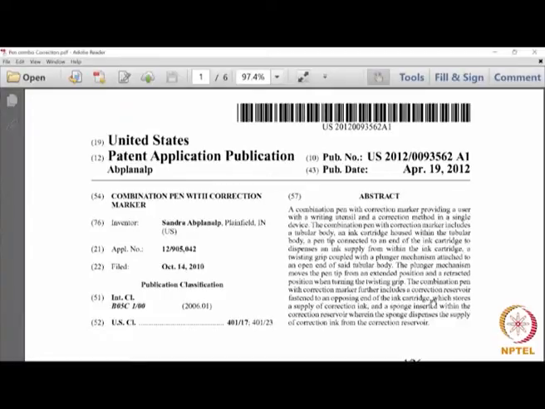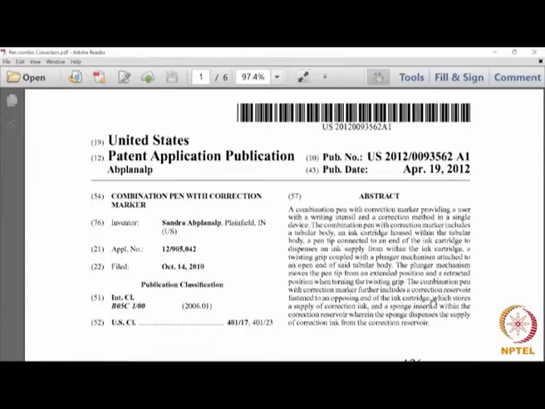You will also see a barcode which is for administrative purposes. The US office has also given a barcode. Now you find the abstract also. The abstract, as we had just seen in Form 2, comes after the signature and date. In the Indian Form 2 it comes after, but here it is presented in a different way. The abstract is presented upfront.